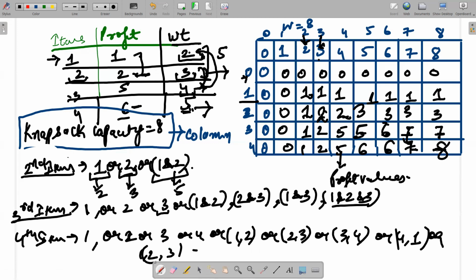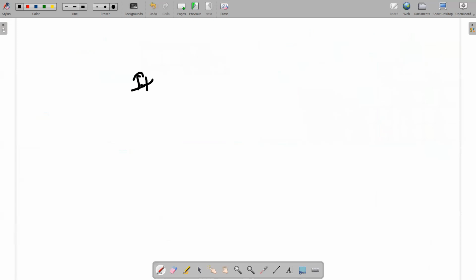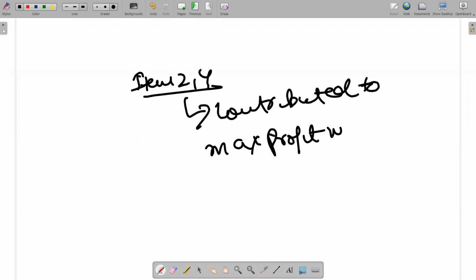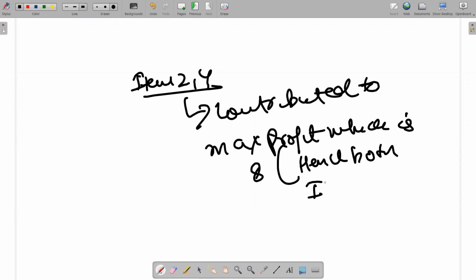So 8 profit I have got from items 2 and 4. These are the items which are contributing to the maximum profit. Hence, if I want to conclude, items 2 and 4 contributed to the maximum profit, which is 8. Hence, both items should be included